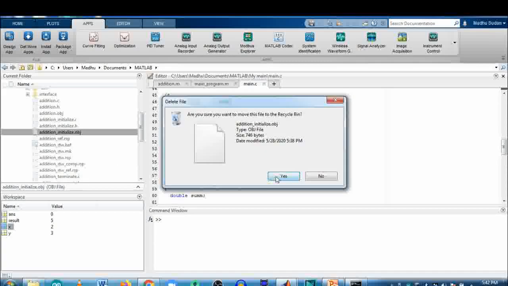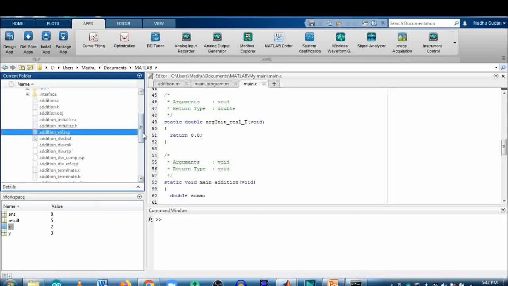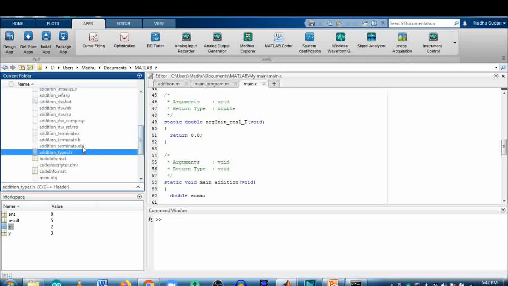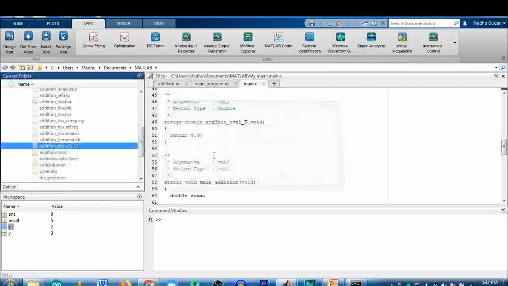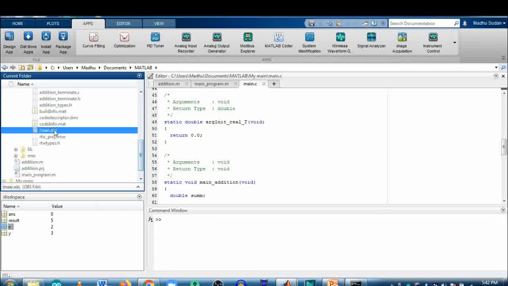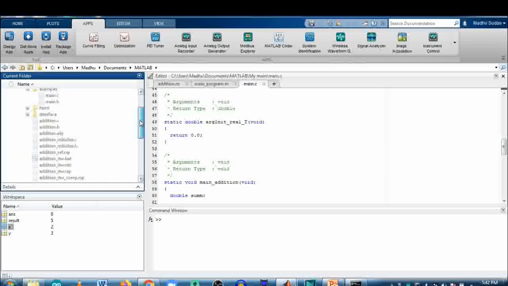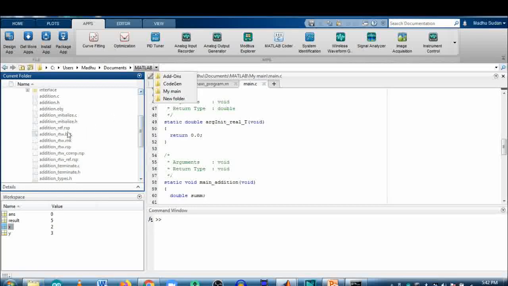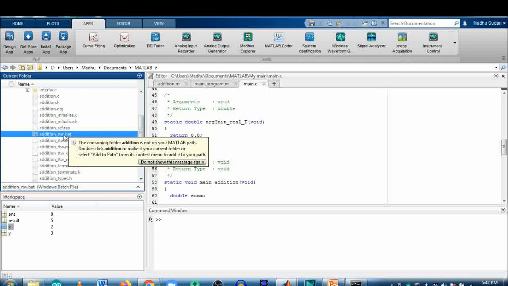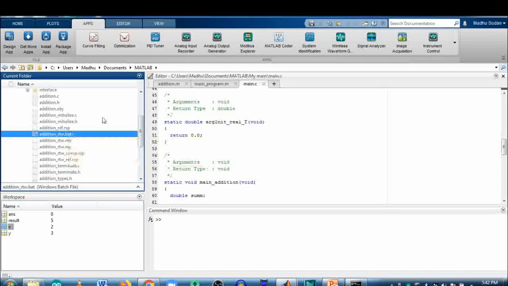Before creation of the new modified exe file, we have to delete the obj file. Okay, obj file is deleted. Now, this .bat file is required for regeneration of the .exe file.